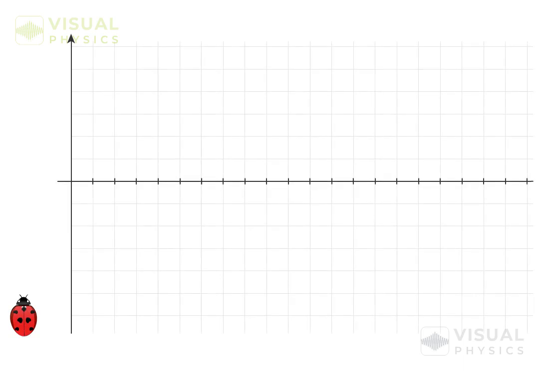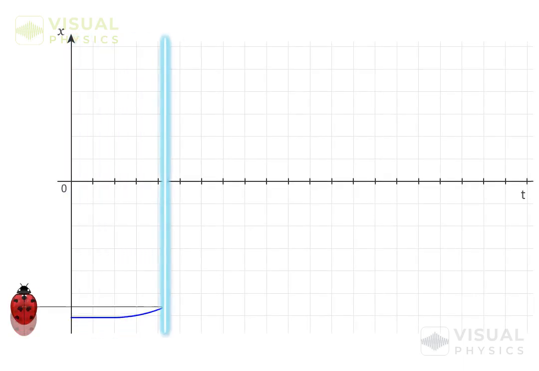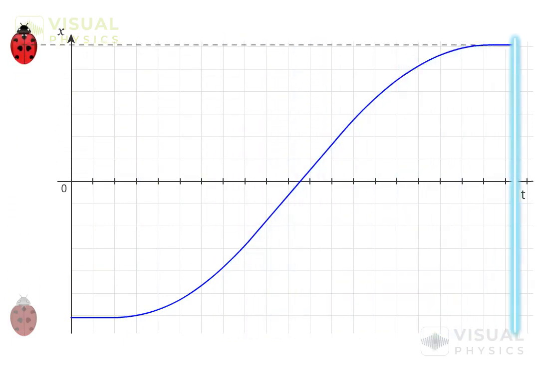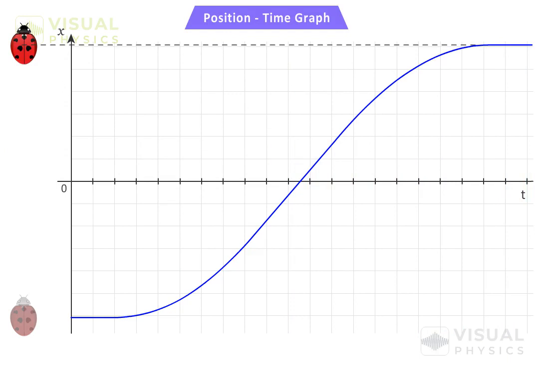Let us observe the motion of an object and record the information about its position with respect to time. What we have got here is called the position-time graph of our object's motion. Though it is not the actual path followed by the object, it contains a lot more information about its